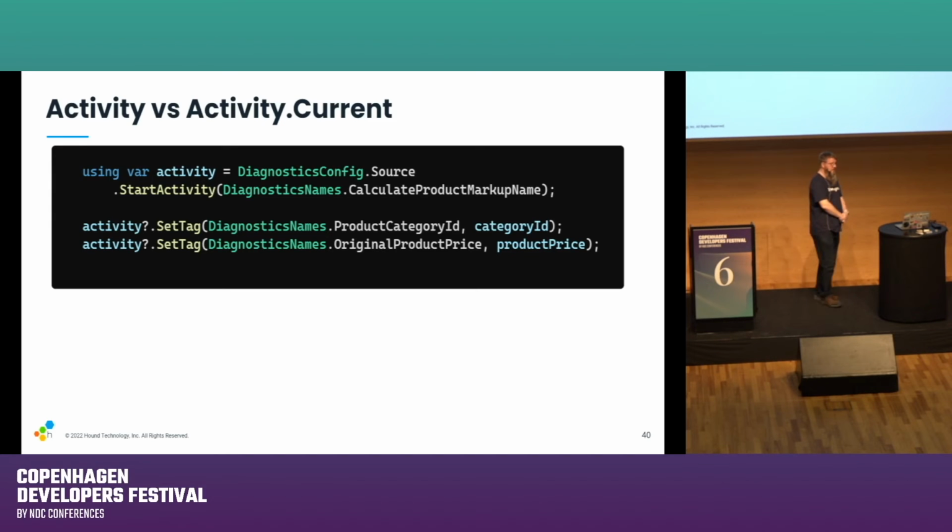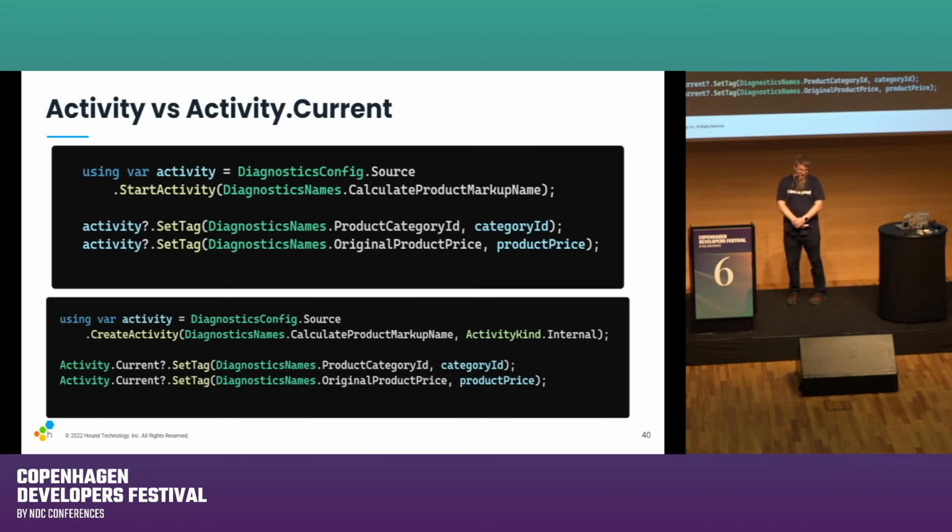Now what that does is it creates an activity, it starts it, but it also makes Activity.Current, which is a special property of activity, set to that activity, which means anywhere in your code base, you don't have to pass activity around. You can just access whatever the current activity is that's running and add stuff to it just like we've got there. Now you do need to be careful